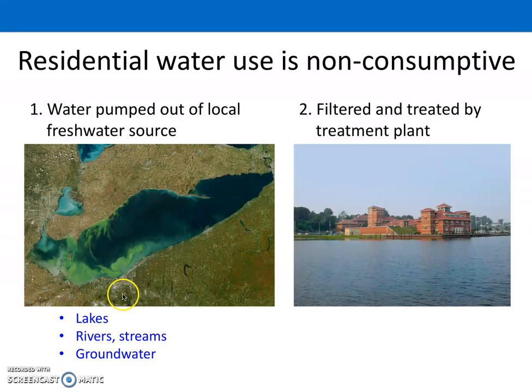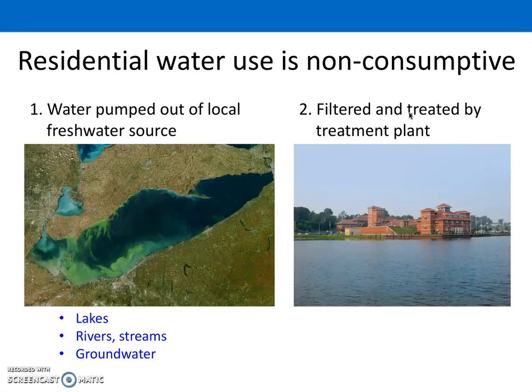That water is pumped out of the local freshwater source by a treatment plant. So this is the Erie Water Works. Water is pumped into their facilities from Lake Erie. It's filtered to take out any sediment or large particles, maybe insects, or even bacteria can be filtered out now. So it's filtered and then treated. One of the things they treat it with is fluorine, and another is a type of chlorine in order to,